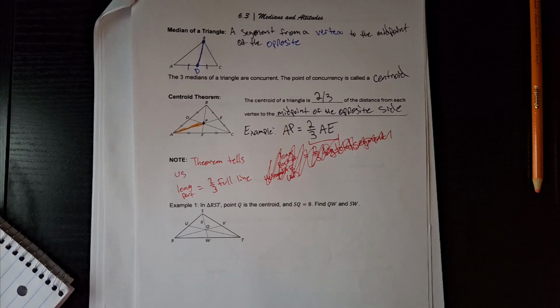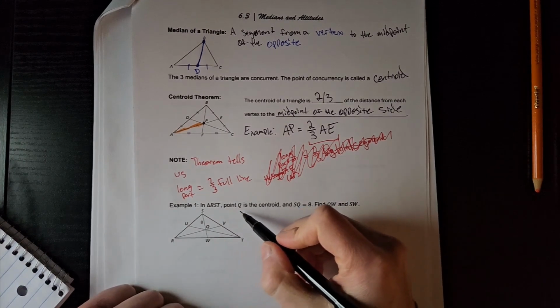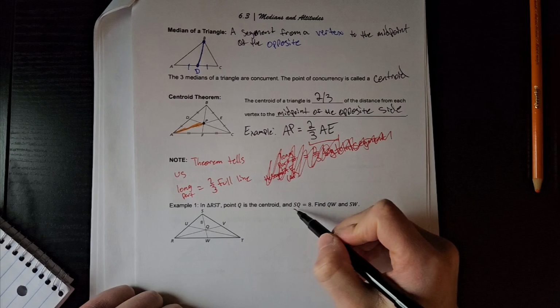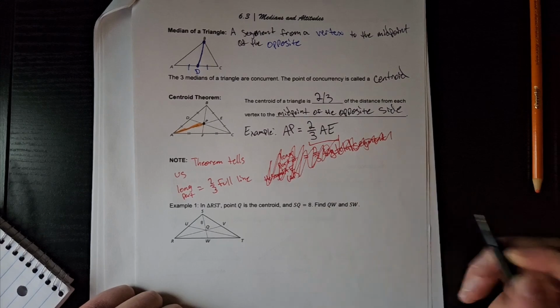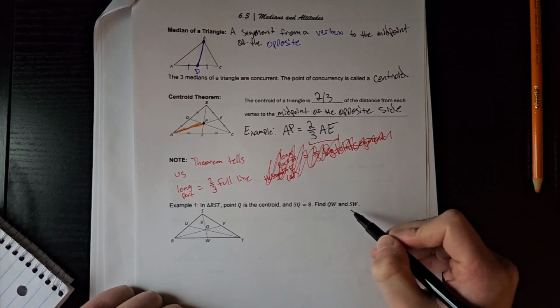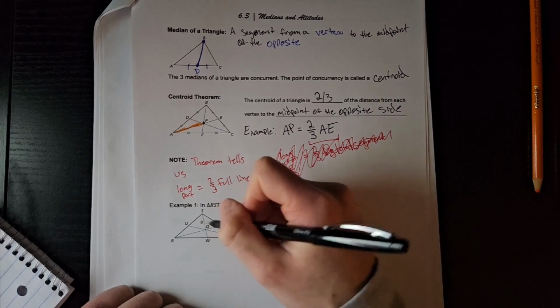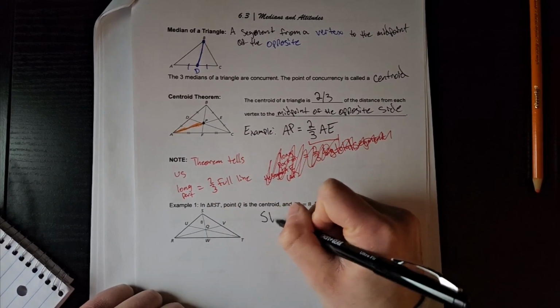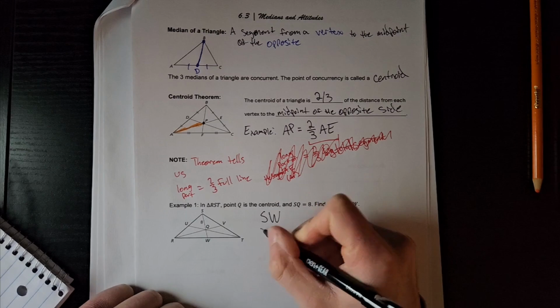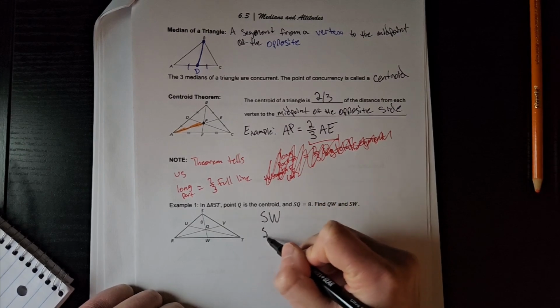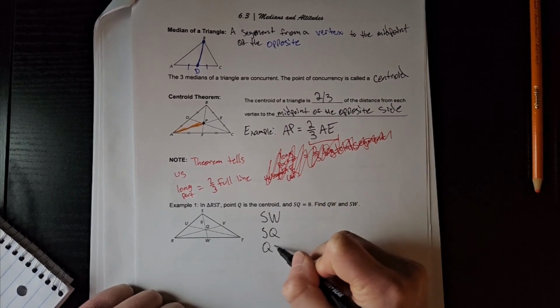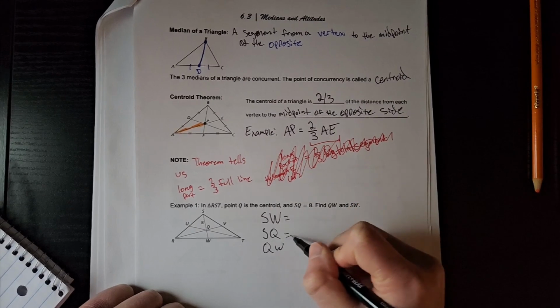We have triangle RST, and point Q is the centroid, and SQ is equal to 8. And we need to find QW and SW. So I guess we should label stuff out. That might help us figure out what everything is. Looking at our figure,